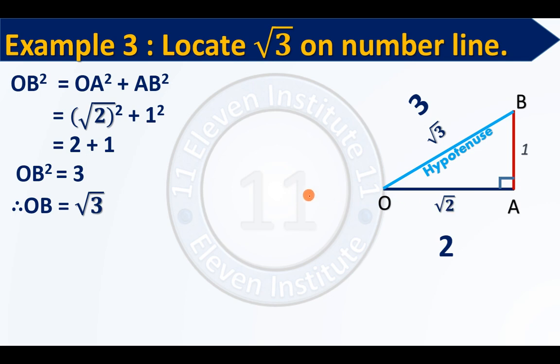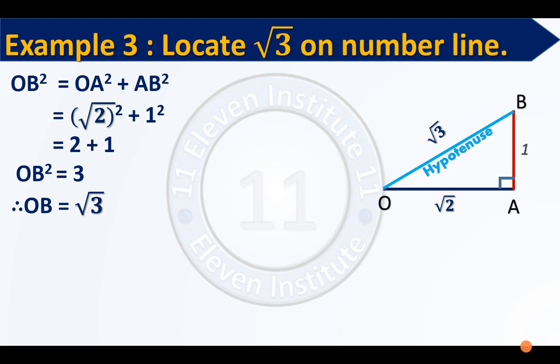Second thing, which is our clear logic: when we draw a right angled triangle whose base is equal to root 2, right, the length of the base is root 2, and if I take the length of altitude as 1, the length of the hypotenuse of such a right angle triangle will definitely be equal to root 3, which we have verified already with the help of Pythagoras theorem. So now we will see the 3D animation of this.